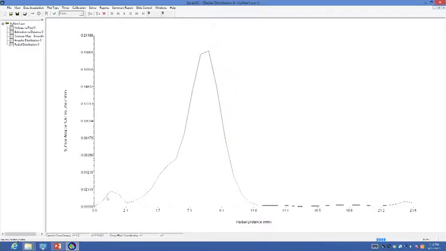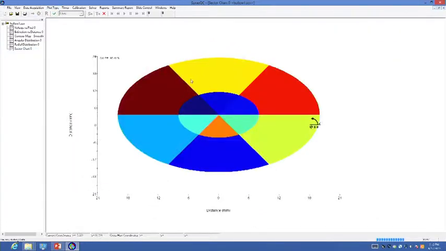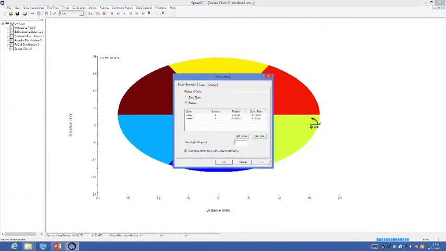As we know, in a hollow cone nozzle, at the center the surface area is very low, and the peak surface area is off axis, in this particular case roughly at about 9 millimeters. We can also see other types of things like the zone sector. The zone sector, if I could show you,